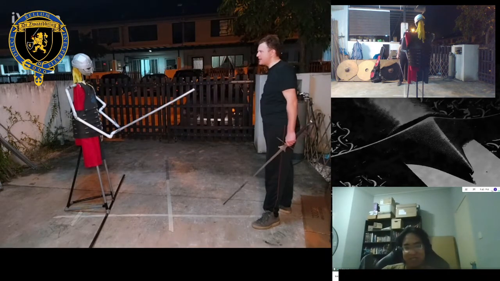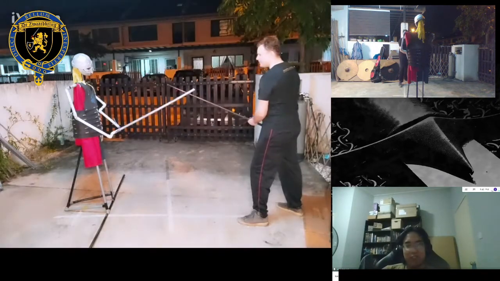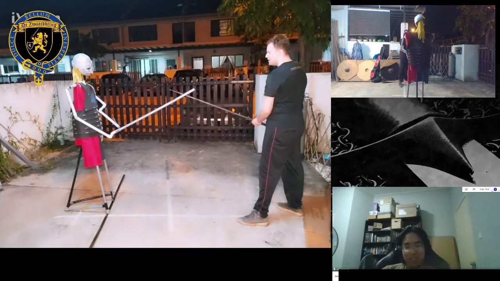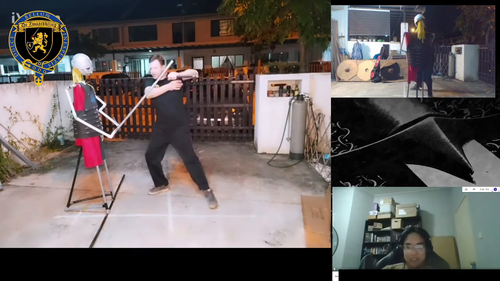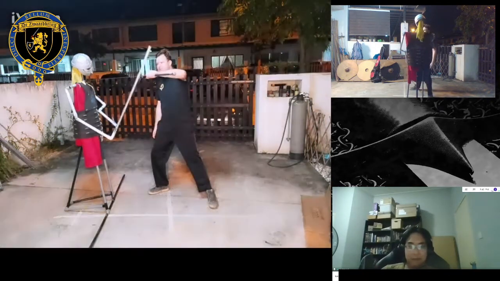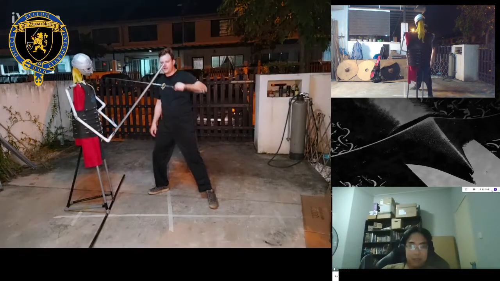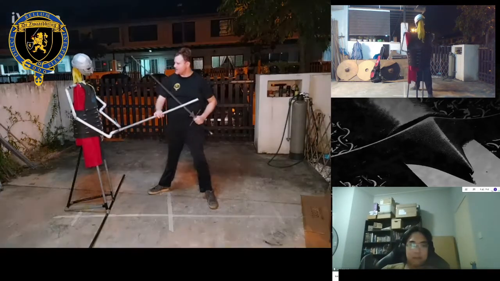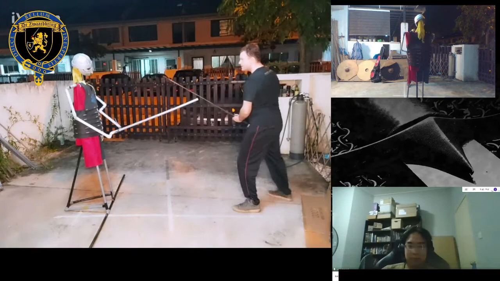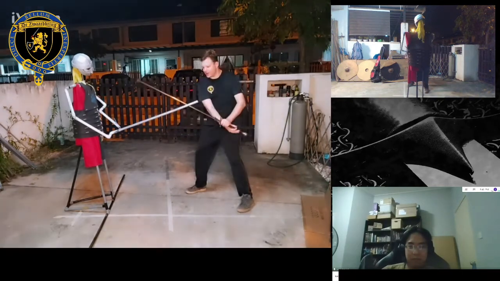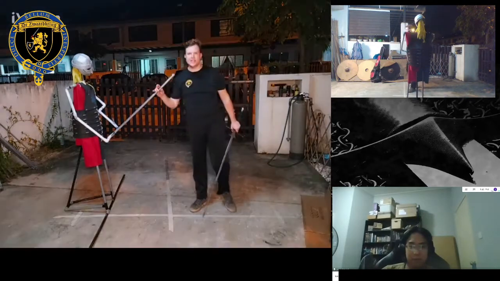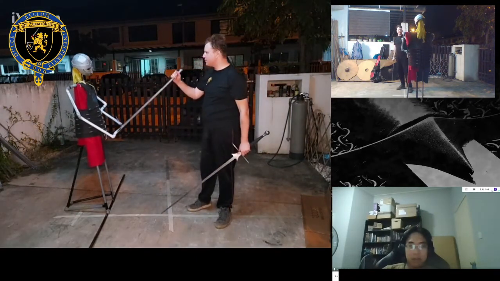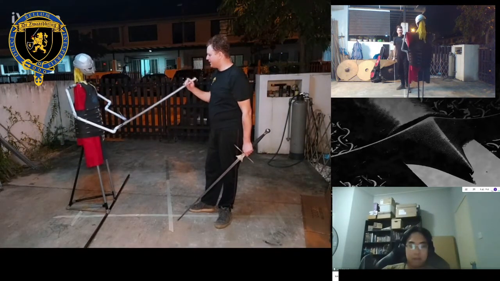So I'm stepping forward diagonally. Even if he's closing the distance, you can still step forward diagonally. True, but you don't want to get too close where, when you have your ox, you can't thrust forward anymore. So you must be able to set aside his sword and have enough space to actually thrust at your opponent, because your sword does need to gather a bit of momentum before you can effectively thrust.